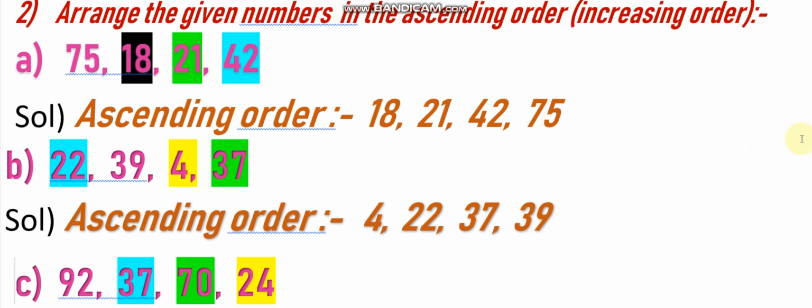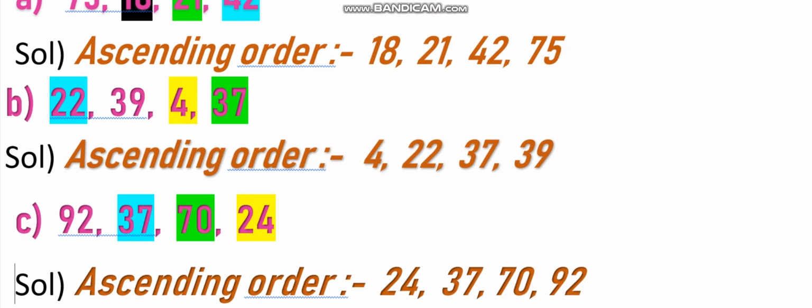One more example. You see here 22, 39, 4, 37 is given. See here, it is a 2-digit number. It is also a 2-digit number. It is a 1-digit number. Already we discussed from the comparison of the numbers, a 1-digit number is always less than the 2-digit numbers. So we find it is the smallest number. Yes, 4 you write first. Then remaining 3 numbers are 2-digit numbers. Find the smallest number from the tens place digit. Here 2, here 3, here 3. Which is the smallest digit? 2. So make a round to 22, write here 22, after 4.